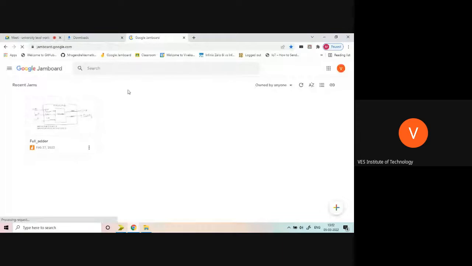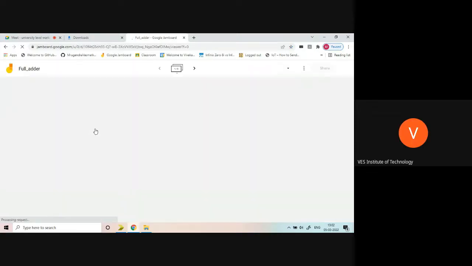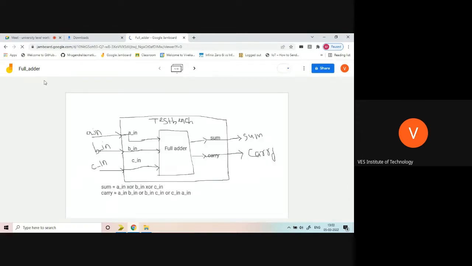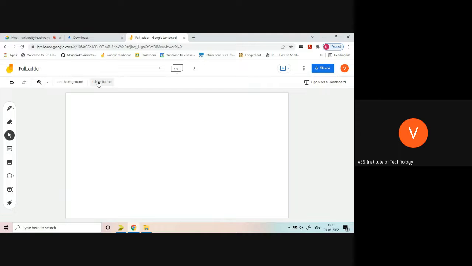Okay. Will you be able to see my Jamboard? Is Jamboard visible to everyone? Yes, sir. So what I am exactly trying to do, I will show you and then we'll go to the programming part. We have already done the 7-segment coding in the first session. So I will use the same coding in this session. And then we'll try to download. Okay. So what is happening right now is